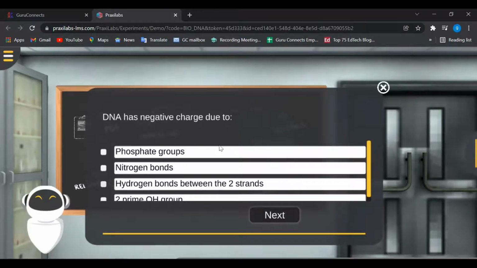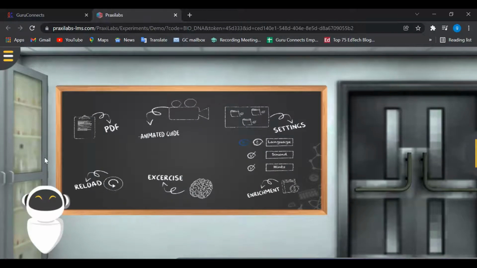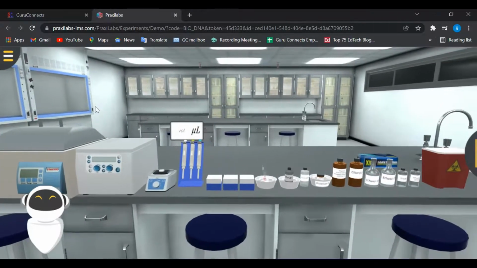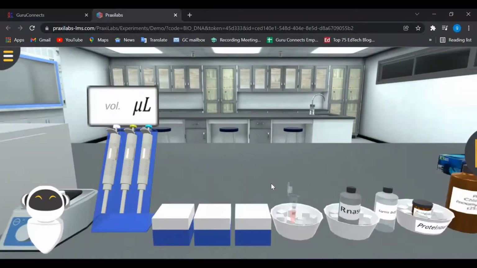You have an exercise option where you will be able to view your exercises as to how much you know about that particular experiment. You will be able to take that. Then the teacher will be able to assign this entire experiment as a test as well. And when the test is assigned, the hints, the lab, the PDF and everything are turned off. If you are idle for more than 30 seconds, the next item starts to blink as to what you have to do. So let me show you a couple of steps in it.